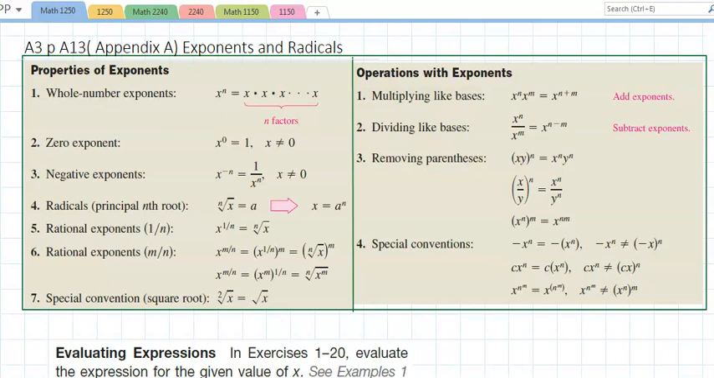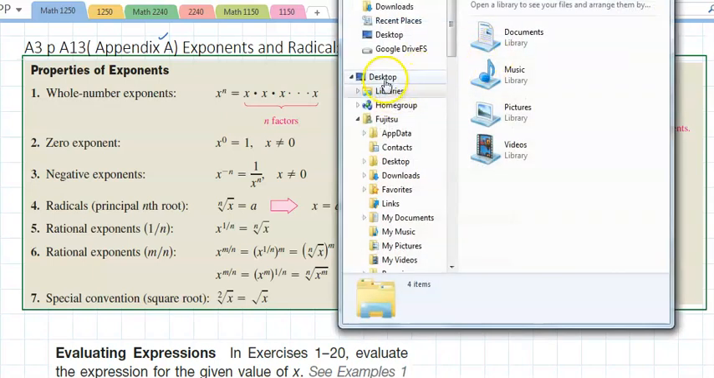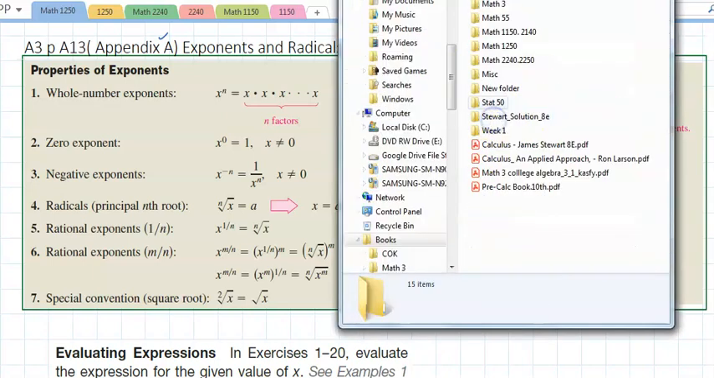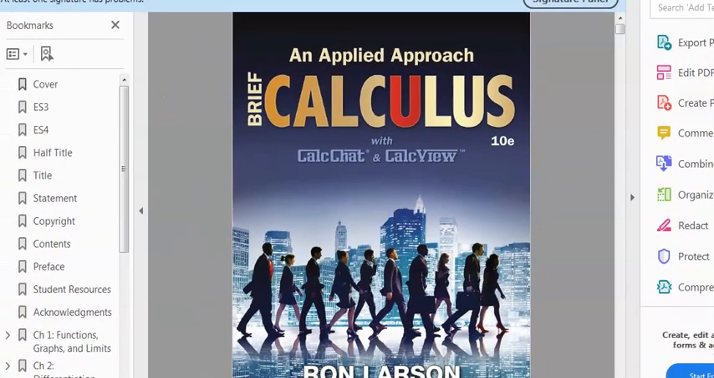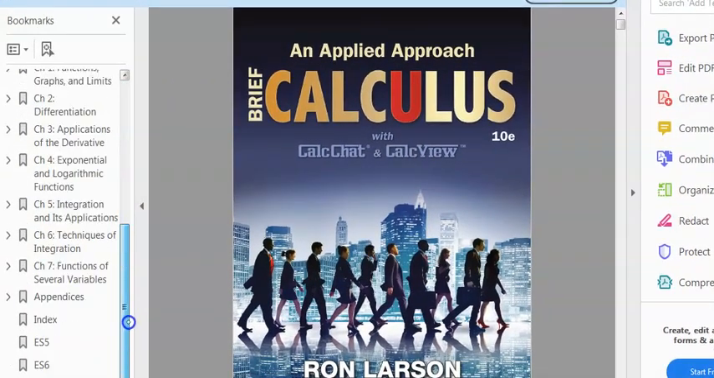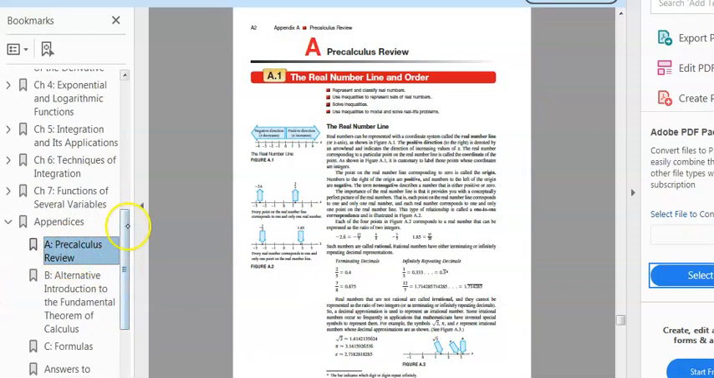Okay, we're going to go for A3 in Appendix A. Appendix A is toward the end of the book. To demonstrate, one of my students gave me the book. Thank you for the book. I didn't have it. So if you go to the appendix, it's more on the end. Open the book and go to the appendix, and we're looking for Appendix A, and you can